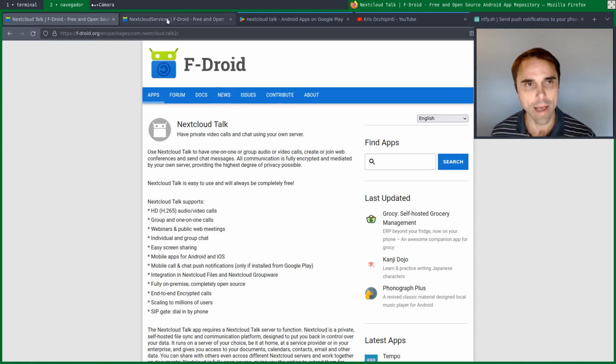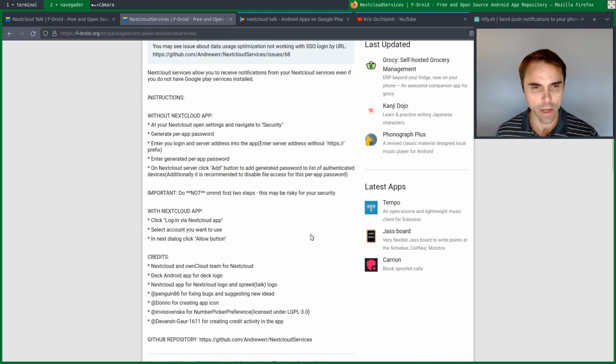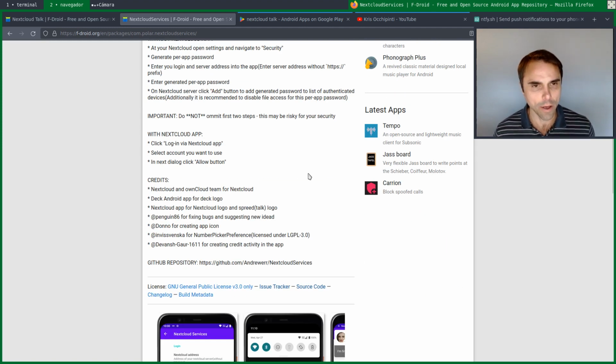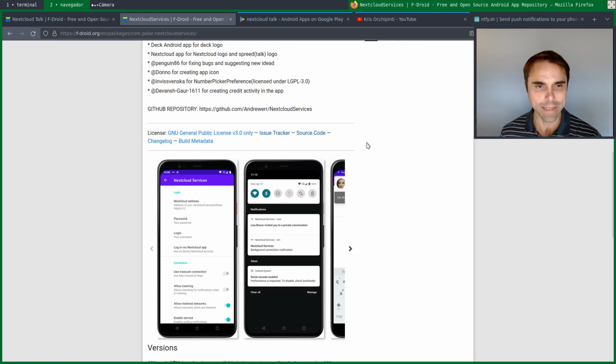Now, I used this app called Nextcloud Services for a while, and what it does is every few seconds your phone will poll your server to see if there are more notifications. And I really appreciate this person creating this app. My only issue that was coming up is a little bit of a battery issue. It's not too bad, but I thought, well, I want a way to be able to poll the server for notifications